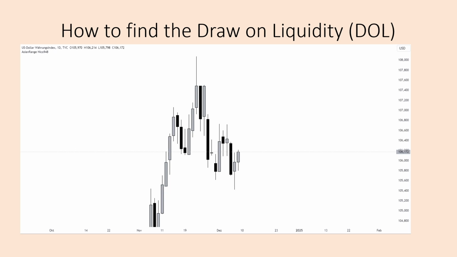So let's talk about how to find the draw on liquidity. Basically, it's just market knowledge and how to read the market. In this example, you can see here is sell side liquidity resting, right? So we have the market profile, it's bullish. We have liquidity right there, and we have an imbalance, for example. So the market profile is bullish, and we can also add either liquidity or imbalance, or both of them are